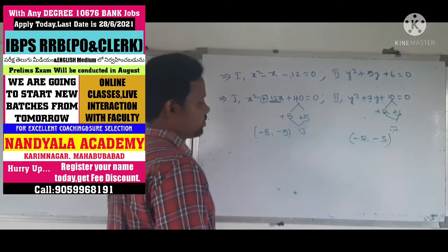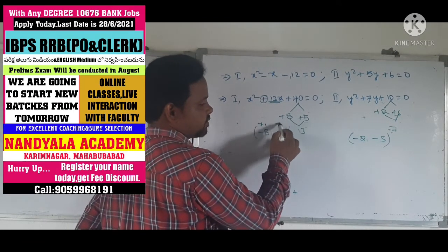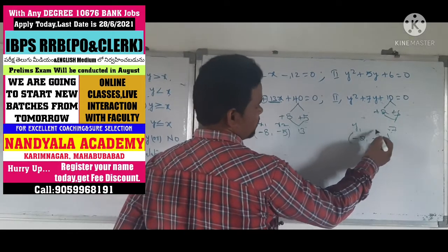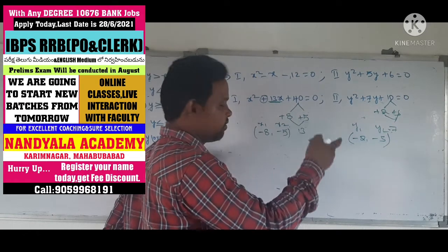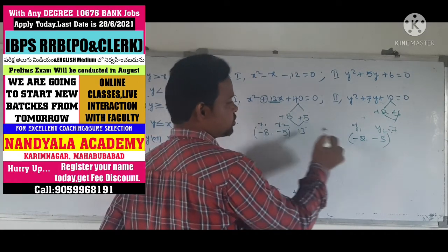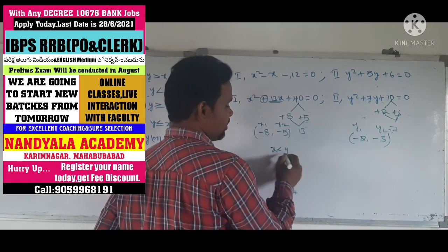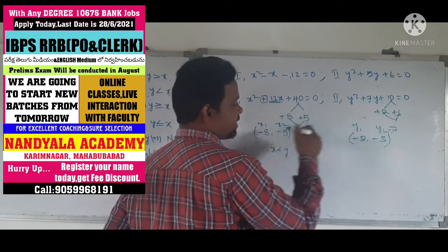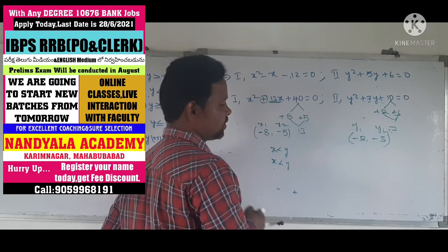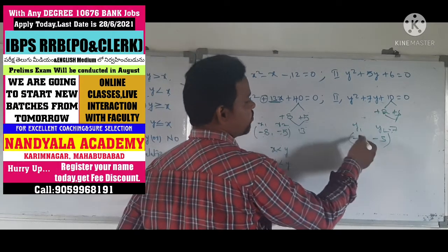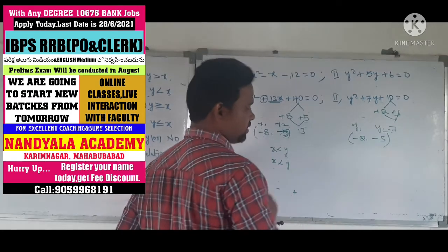Now how to compute all this? This is x1, this is x2. This one is y1, this one is y2. Now I am going to compare x1 to y1 comma y2. Here x1 is minus 8, x2 is minus 5, and y1 is minus 5, y2 is minus 2. Minus 8 and minus 2: it means in the first case x is less than y. Then again minus 8 and minus 5: again x is less than y. Another case, minus 5 and minus 2.